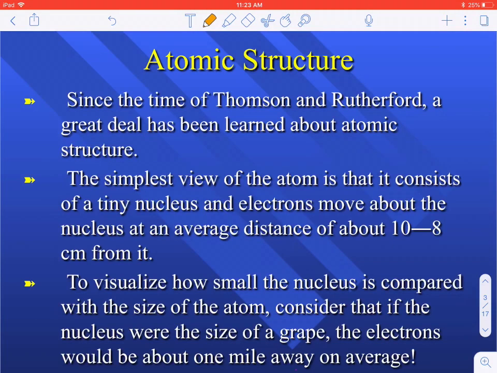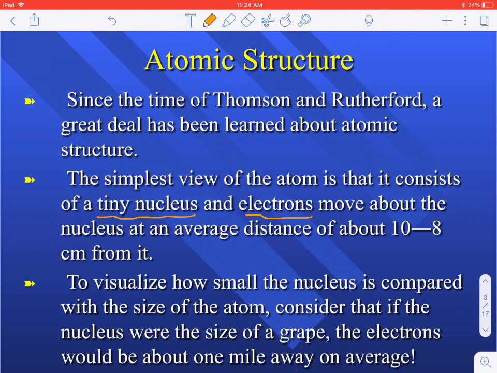Hey everyone, let's build our foundation for what the structure of an atom really looks like. A lot of this may well be review for you. Some of it may be a little bit new, and it will serve as a foundation for what we do moving forward. Our very basic rudimentary structure of an atom is that we have a tiny yet very massive positively charged nucleus in the middle, and then we have electrons that are negatively charged somewhere in the area around